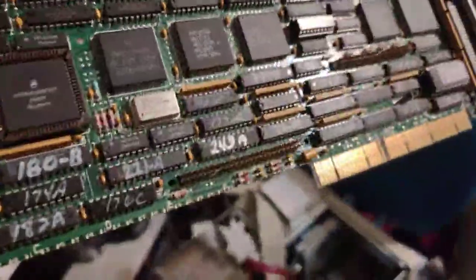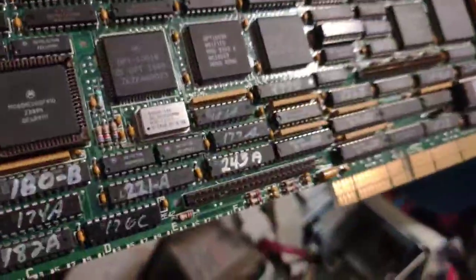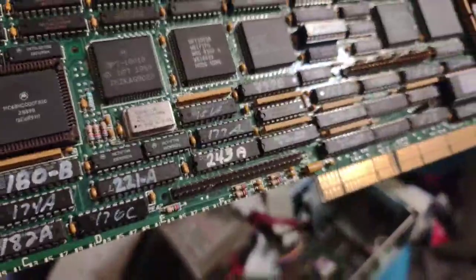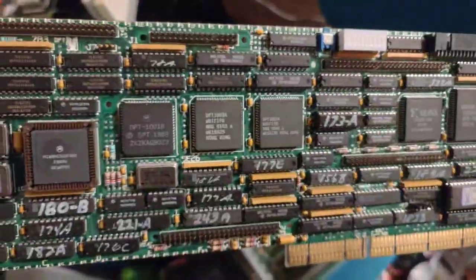So what I'm going to do is go get this CPU out of here, inspect it, and see if it somehow stopped working one day, or if it's just a loose connection somewhere. It's hard to tell. Anyway,